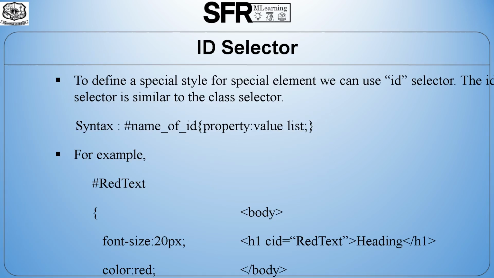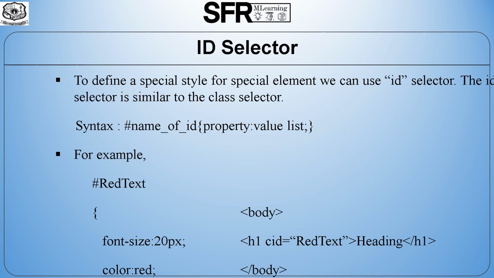The next one, ID selector. To define a special style for a special element, we can use ID selector. The ID selector is similar to the class selector. The syntax for the ID selector: hash, name of the ID, open curly braces, property and the corresponding value, semicolon,